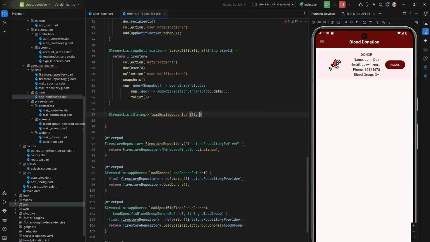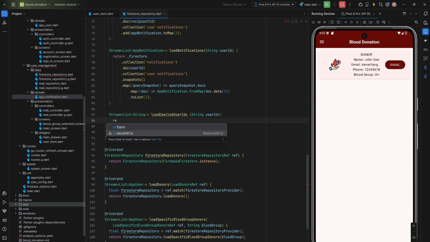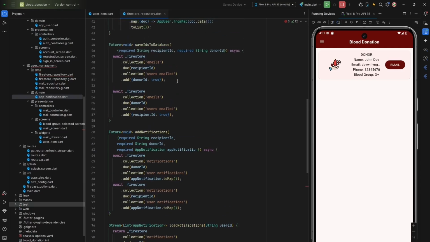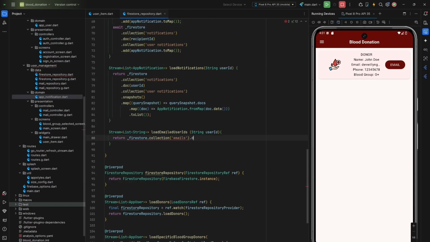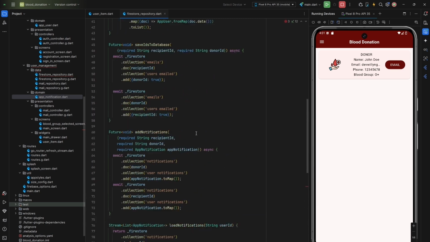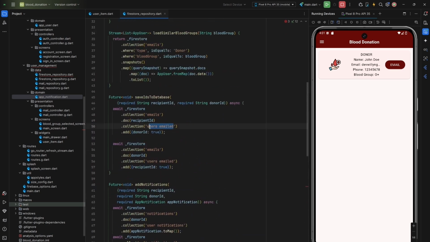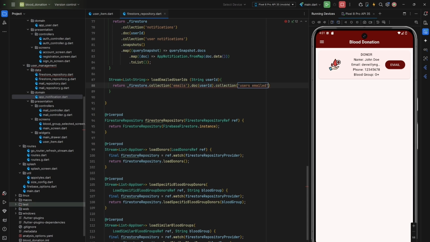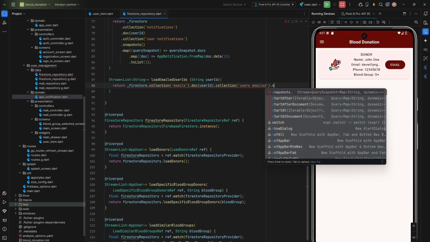Again, we are going to load for specific users. So user ID, we are going to return firestore.collection. So the collection that we are interested in is emails. Okay, .doc the user ID .collection. Again, the collection that we are interested in here is this users emailed, like that, .snapshots.map